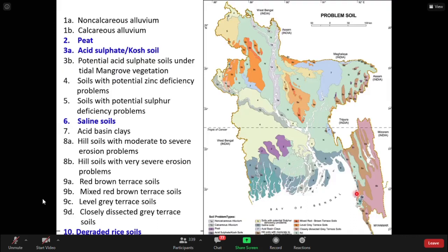3A and 3B. 3A, some points are here, some are here, and some in the Sundarbans. And some are potential acid sulfate soils under tidal mangrove vegetation. So 3A are the acid sulfate soils, and 3B are potential acid sulfate soils. That means these soils are not acid sulfate, but these soils have got potentials. These soils are tidal flooded soils. So due to tidal flooding, acidity can develop. As we know, if the soil is flooded, then the soil